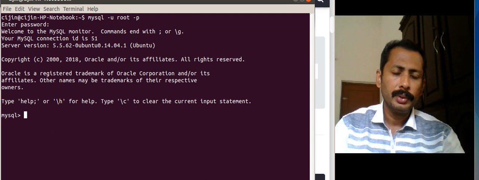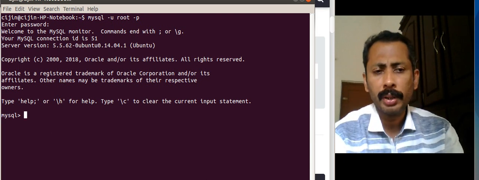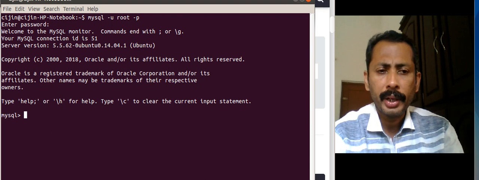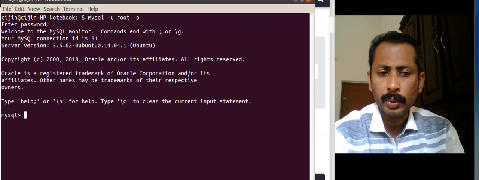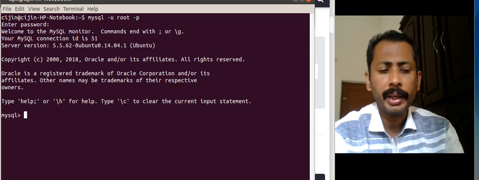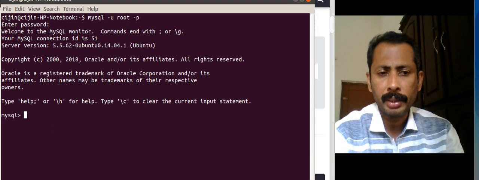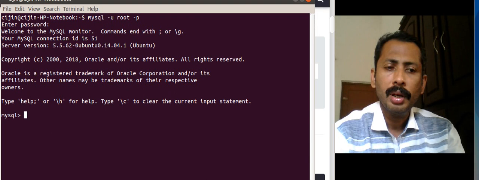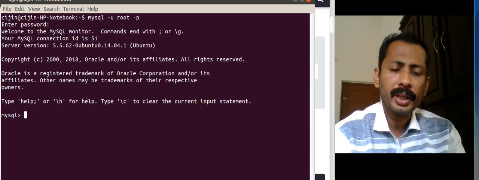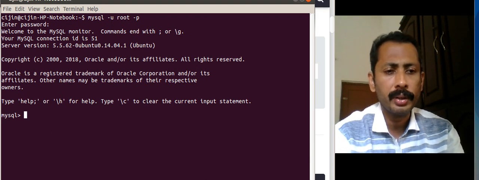So you can try this by using some online sites also, using W3 schools or some other learning websites you can use. You can try for this, or you can install this MySQL in your computer.